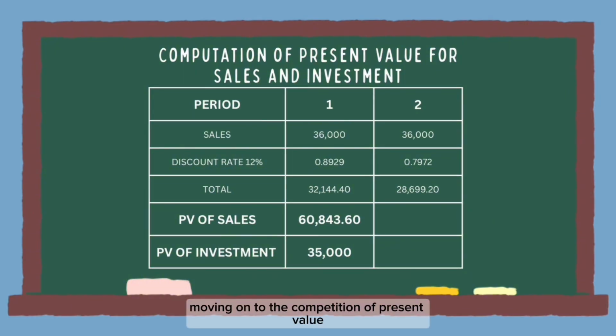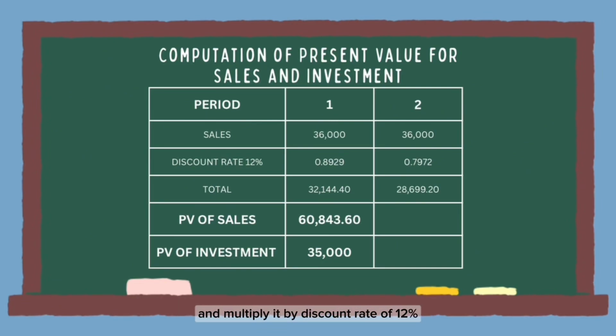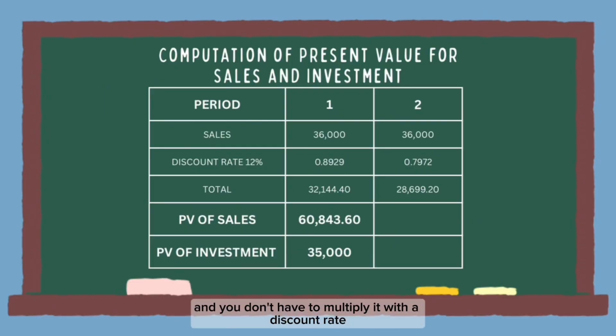Moving on to the computation of present value for sales and investment. Again, we need only 2 periods, which is period 1 and 2, and we take the sales of 36,000 for both periods and multiply it by discount rate of 12%. And we will get a total present value of sales of 60,843.60. Lastly, for the present value of investment, we just have to take 35,000 and you don't have to multiply it